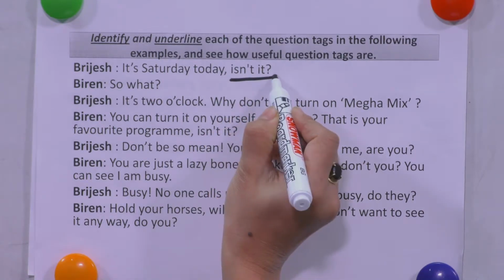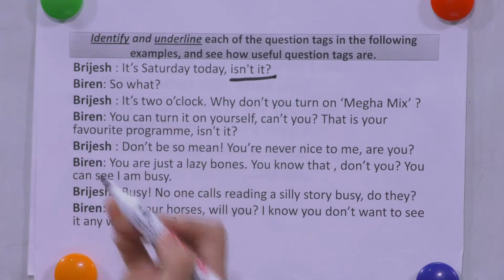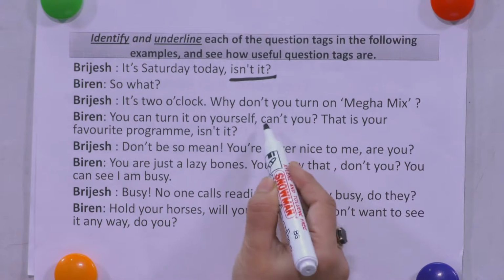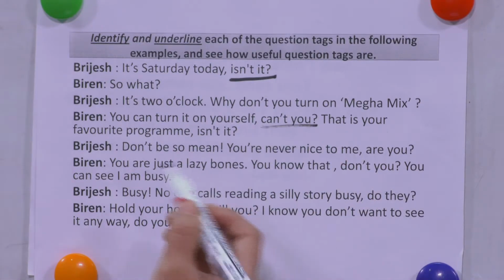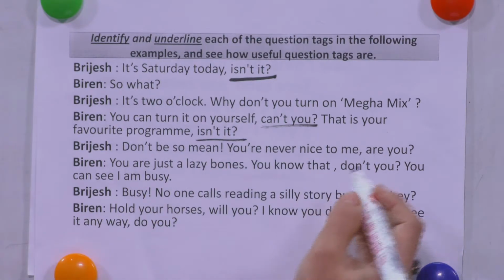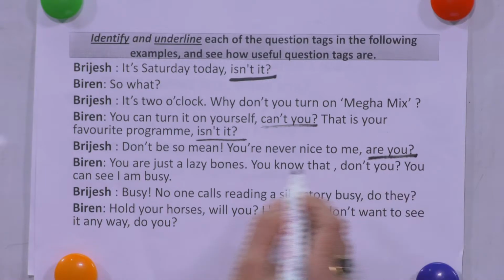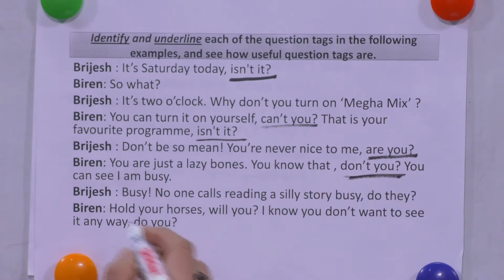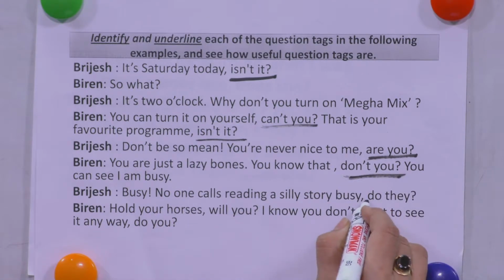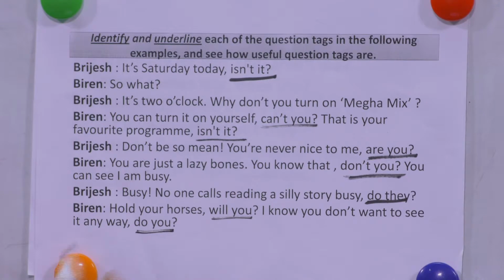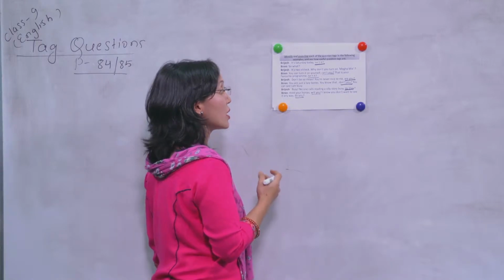So isn't it? Is it the one that you are thinking of? So what? It's 2 o'clock. Why don't you turn on Megamix? So here I think this is the one you are thinking of, and the third one, isn't it, right? So what about the other? So is it the one you are thinking of? Are you? And the other one, don't you? And the other one, is there any left? Yes. Do they? Okay. And will you? So do you? So you see, isn't it, can't you, isn't it, are you, don't you, do they, will you,